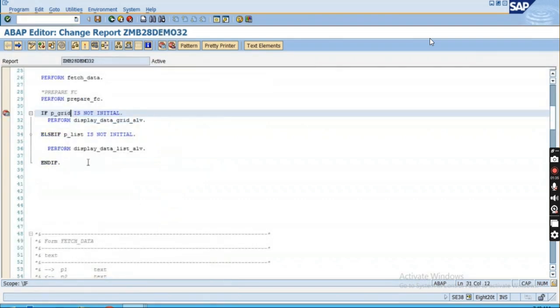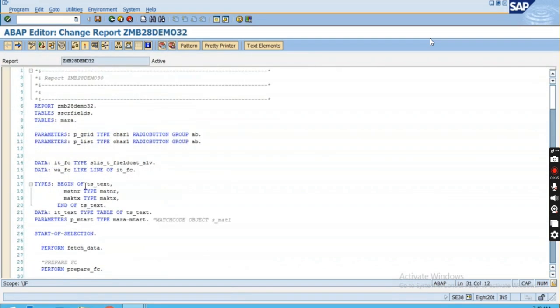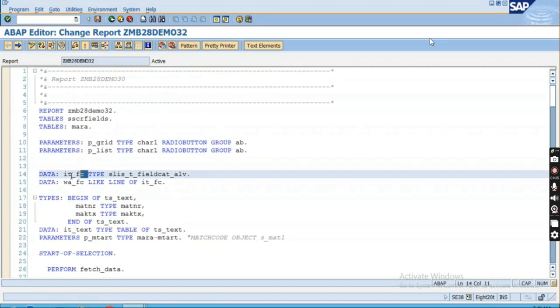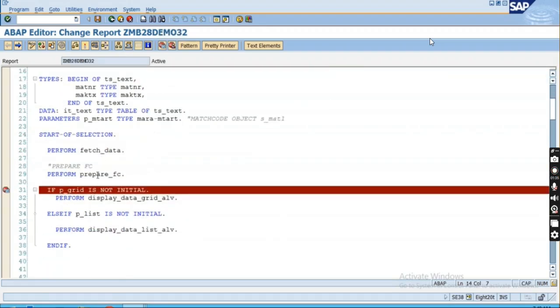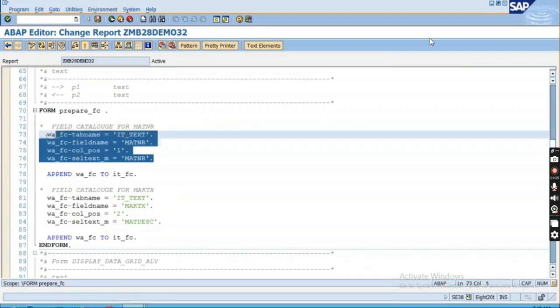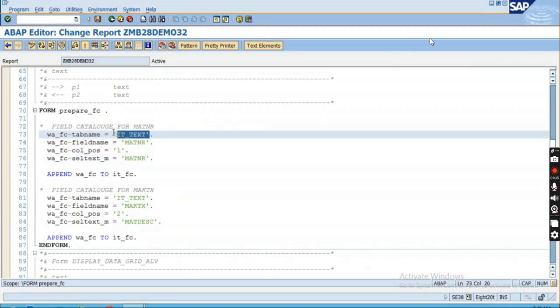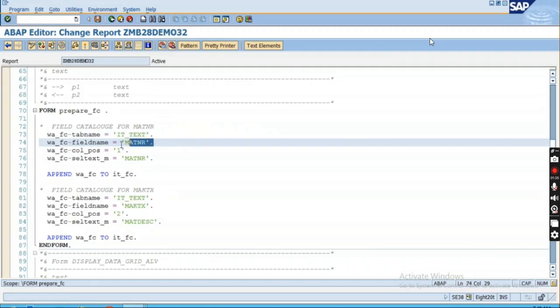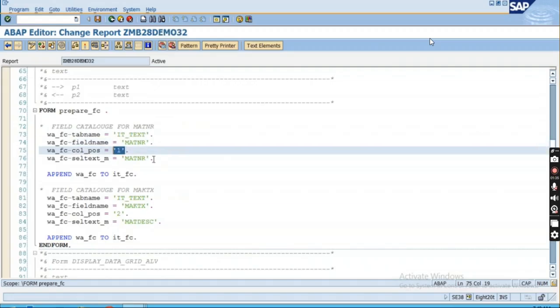So as of now, what we have seen? As of now, we have seen that first we have to create the field catalog, right? First we have to create the field catalog in the form of an internal table, right? So how have we created the field catalog? We are just passing like this, right? The table name we will have to pass, for which we are going to create the field catalog, the column position, and